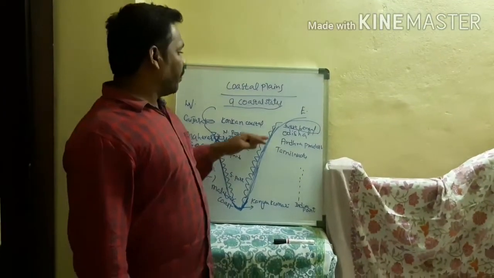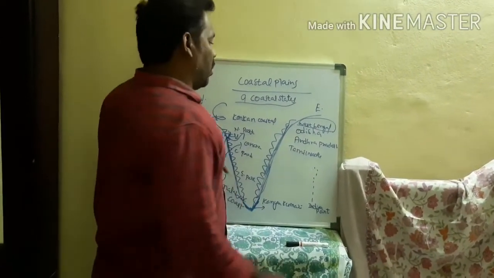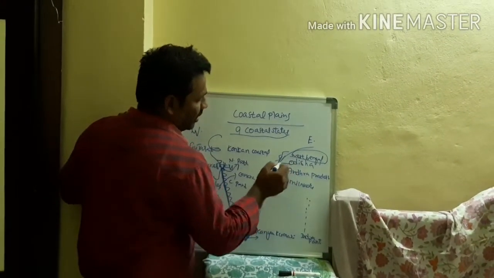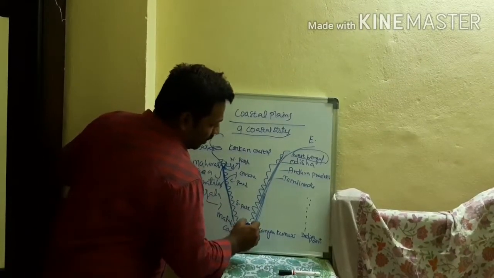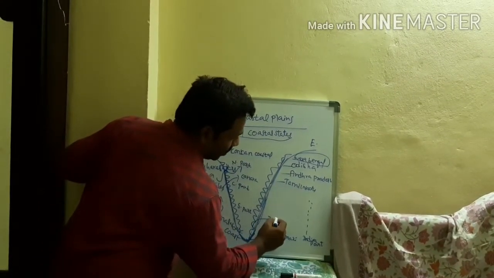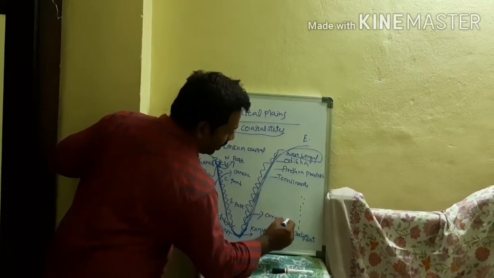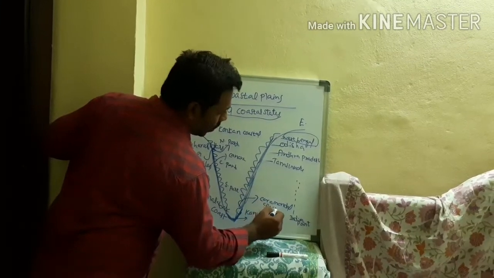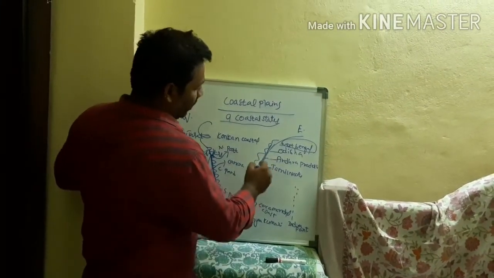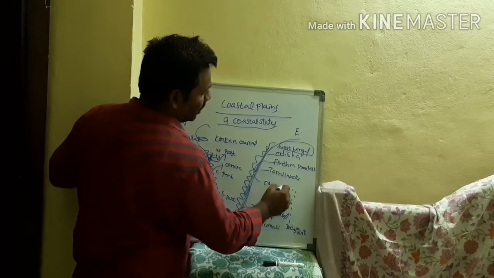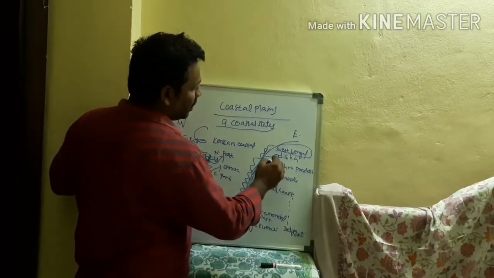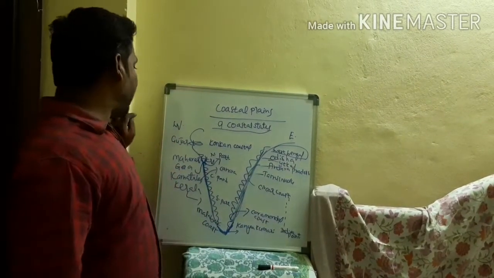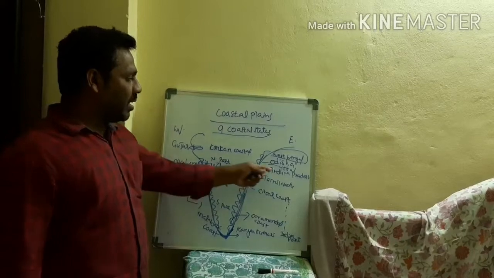So here we define the western coastal plain divided into three parts, and the eastern coastal plain to the north, central part and southern part. The Tamil Nadu coastal name is the Coromandel coast. The coastal name of AP is the Sarkar coast. The coastal name of Odisha is the Utkal coast.